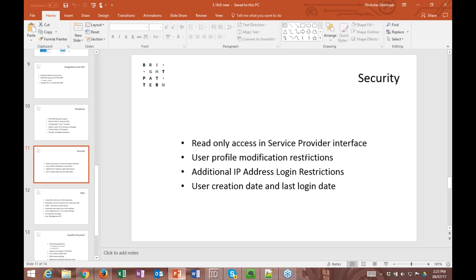As far as some of the security enhancements, we've added a couple of things. We've added read-only access in service provider interface. So what this means is you can now provide your clients with read-only accounts so that they can log in and look at the configuration. It's basically a super user privilege but it allows them to log in. They can see the configuration, but they can't make any changes. So this is now a new type of super user account in that they only have read-only access in the